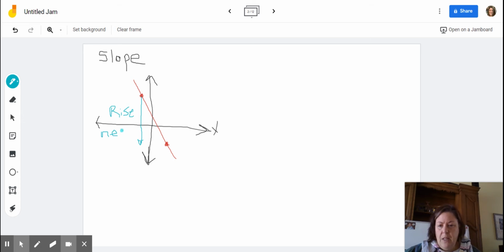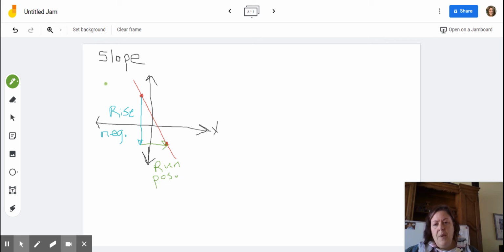So let me just type NEG as the abbreviation for negative. Then from that corner, remember, we go straight across. And here's our right triangle. And I go to the right. And so in this case, the green is representing our run. And in this case, it's positive because we went to the right. So I'm going to abbreviate positive as POS,